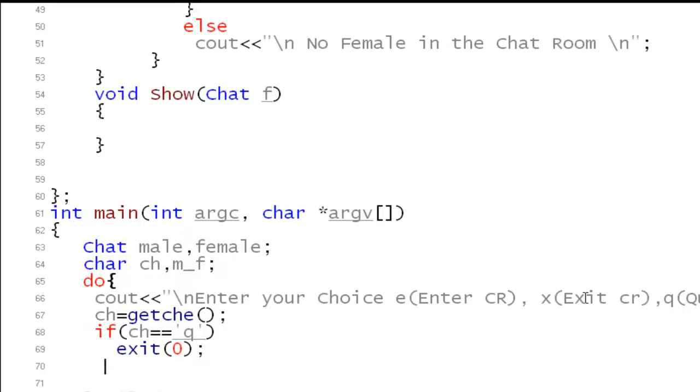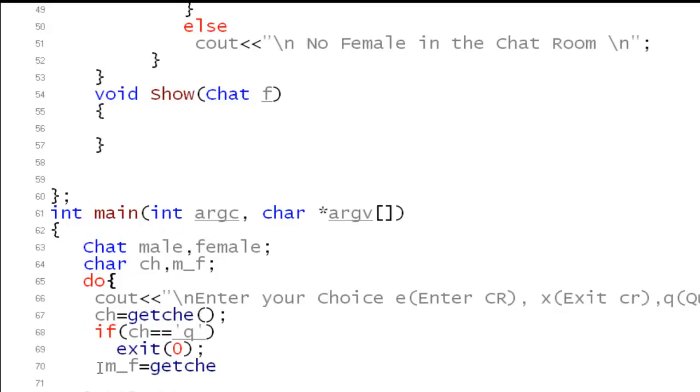Is he male or female? Because I have to update my variables like male count and female count, and also the count which keeps the person count. Okay, so for that I'm saying that male female, which I call mf, is equal to getch,